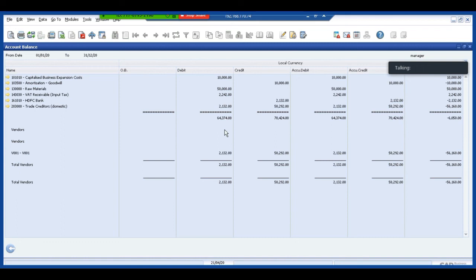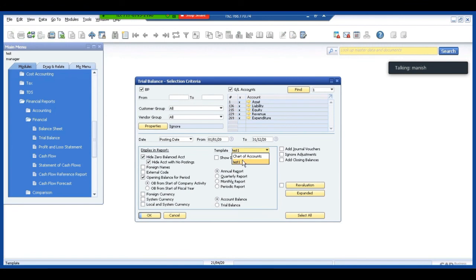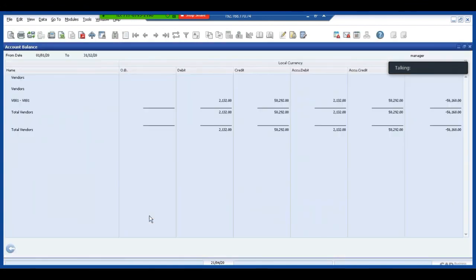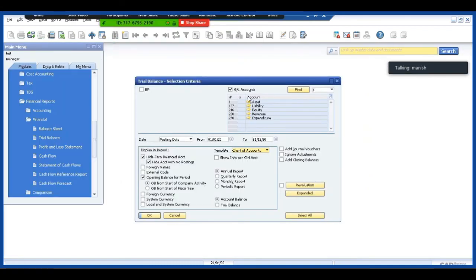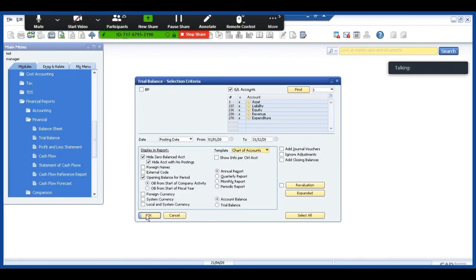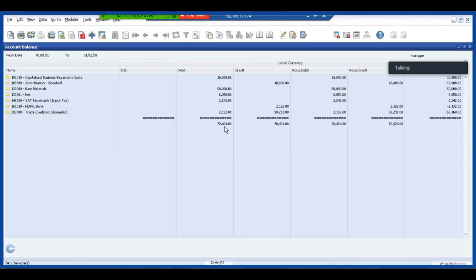This is how the trial balance is coming, 64374, and if I run with the other account, it would come differently. There would be a difference. Sorry, it is not selected properly. So there is a difference between the two trial balances.